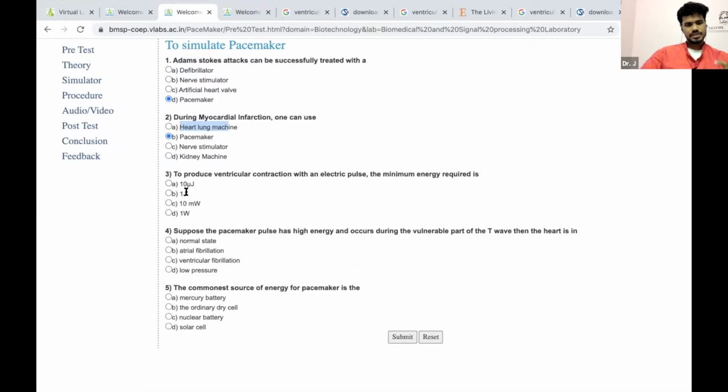Yeah, this question is, numbers like this, recall-based numbers, you want to be aware of. To produce a ventricular contraction with an electrical pulse, the minimum energy required is, yeah, this is a micro shock. The orders are much lesser. First of all, rule out watts, milliwatts. We are talking about energy. Rule out power, joule or microjoule. No, it's a micro shock. Some of you might have thought 10 milliwatt, but we are asking about energy. So just rule out C and D. It's either A or B, much lesser.